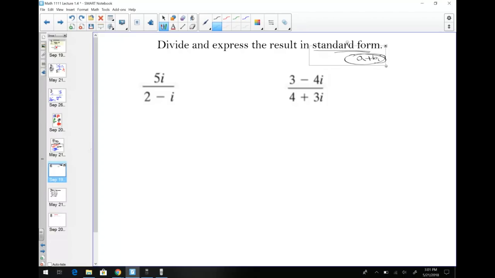Okay, so here, remember, your main step in this is multiply the numerator and denominator by the conjugate